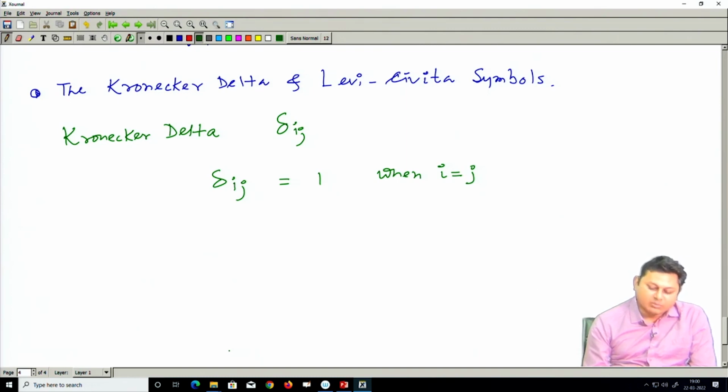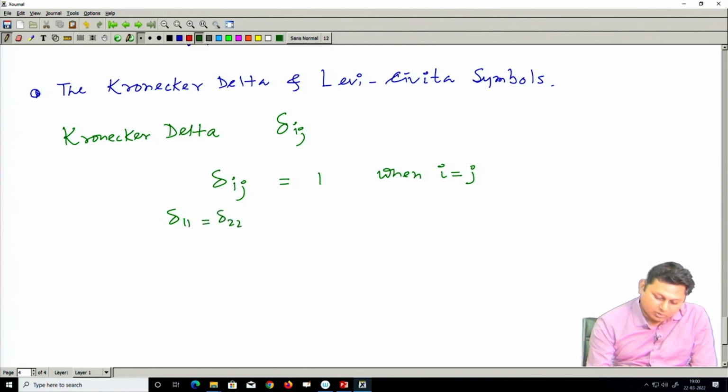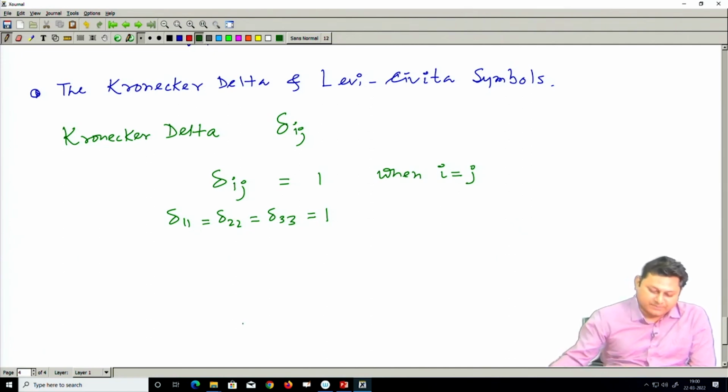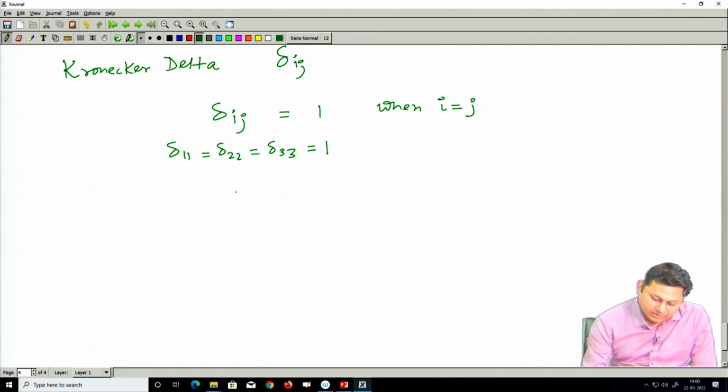For example, delta_11 is equal to delta_22 equal to delta_33. This should be 1 because i and j are the same here, and i can run 1 2 3, j can run 1 2 3. However, delta_ij should be equal to 0